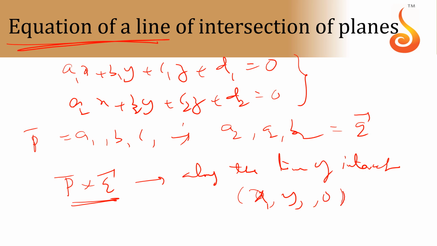Suppose you are not getting, put y1 as 0. You will get an x1, z1 structure. You are not getting 0, you put x, then y, z, you will get some values. You won't get all of them, because if it is no, z is 0, it's not getting, y is 0, not getting, means they are passing through, then d1, d2 won't be there. So origin is the common point, so you know the common point. So taking this point, you can write the equation of the line of intersection of the planes.